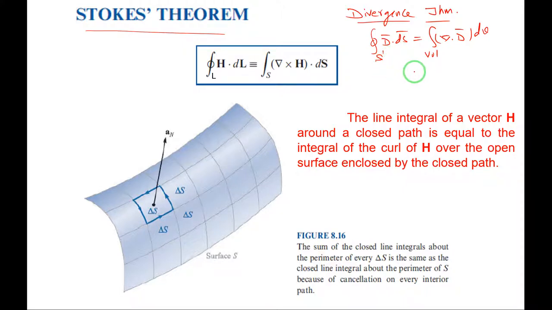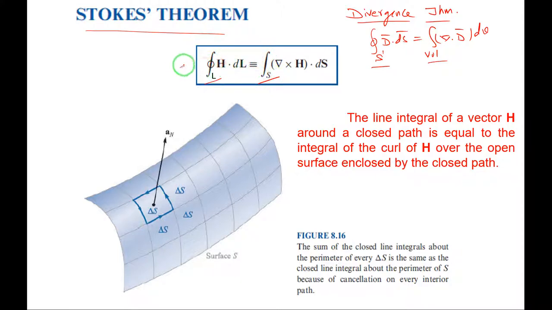Another way is by calculating the divergence of the flux density or divergence of the velocity of the water at each and every point within the water filled bottle. It is foolishness, but still we can say that there is leak or not by doing that also, right? So surface integral is related to the volume integral. Here you can see in the Stokes theorem, line integral is related to the surface integral. Surface integral is a double integral, volume integral is a triple integral. Here the line integral is a single integral, surface integral is a double integral.